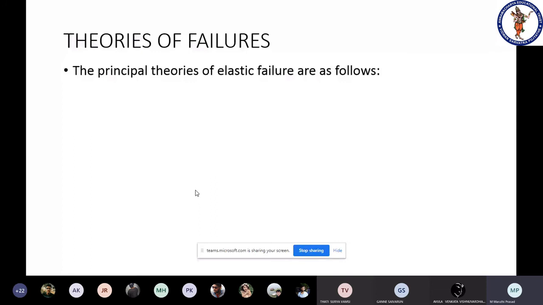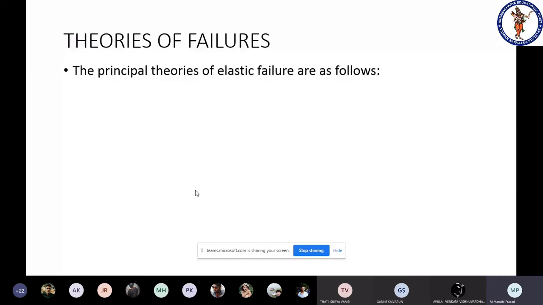If a component is subjected to tensile load, then there is no need to say how the component failed. Certainly it will fail. After some expansion, we get neck formation and the component fails. Certainly there we have failure due to tensile load. But in most situations, the components are subjected to different combinations of loading. Under those circumstances, how does a component fail, right? So many people have done so many experiments and proposed so many theories.